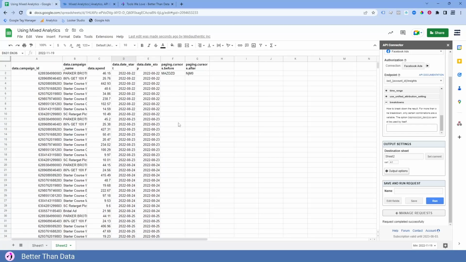Now the good part about this is because it's broken down by day, when we add this to Looker Studio, that is where the aggregation will happen. So that is where we can tell it to aggregate by campaign ID or campaign name. It'll aggregate the spend for us, so we get a nice daily breakdown of all the spend by campaign inside